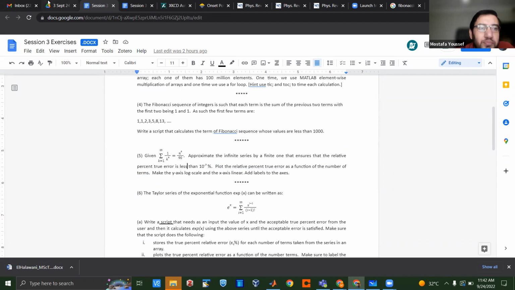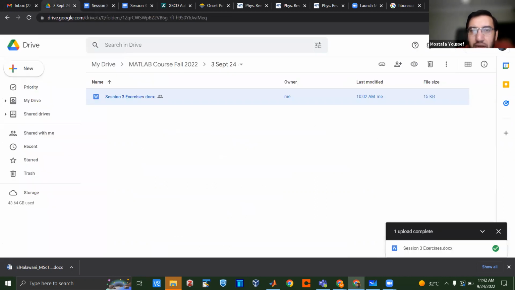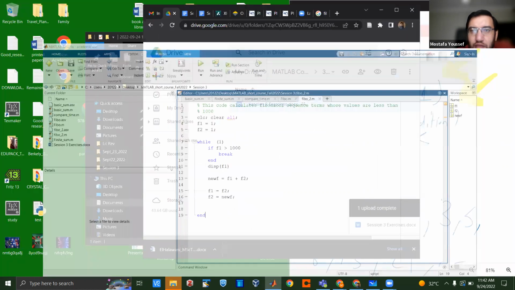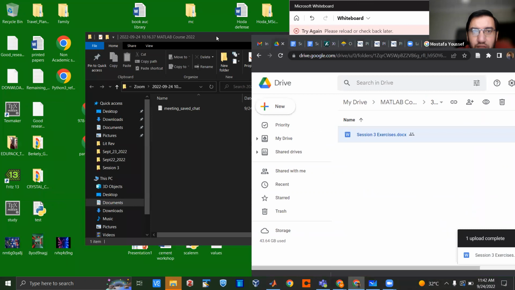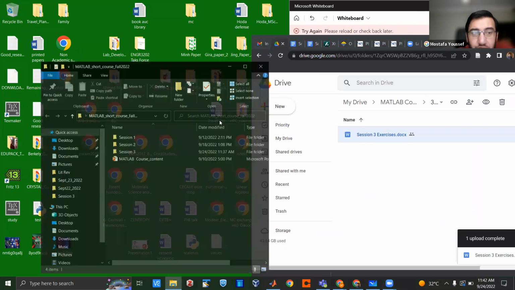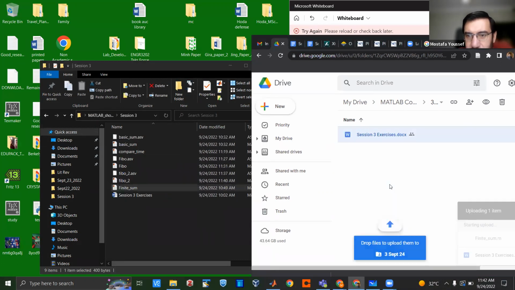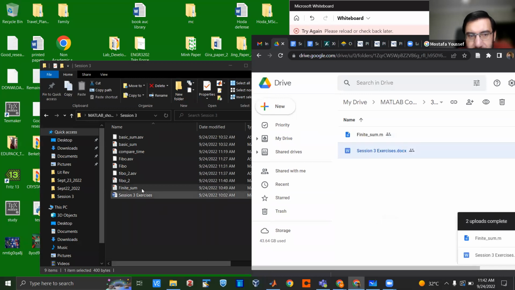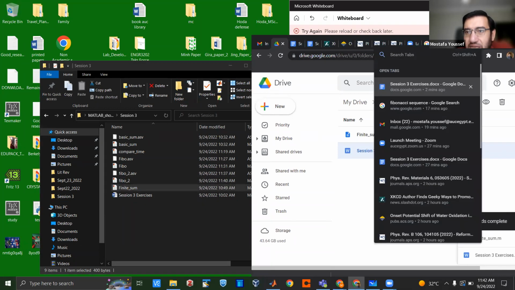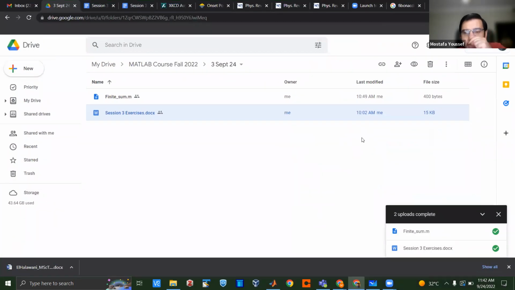Just to help in making this example smooth, I'm going to upload on the shared folder the exercise that we just solved with the for loop. In fact, I will put all of them after the session, but let's do this. I'm just going to copy here the finite sum, the one that we did with the for loop. That can speed up your coding of the new exercise with a while loop. So now it's uploaded on the shared folder. So guys, please, let's stop the recording here, go to the breakout rooms, and I will give you maybe